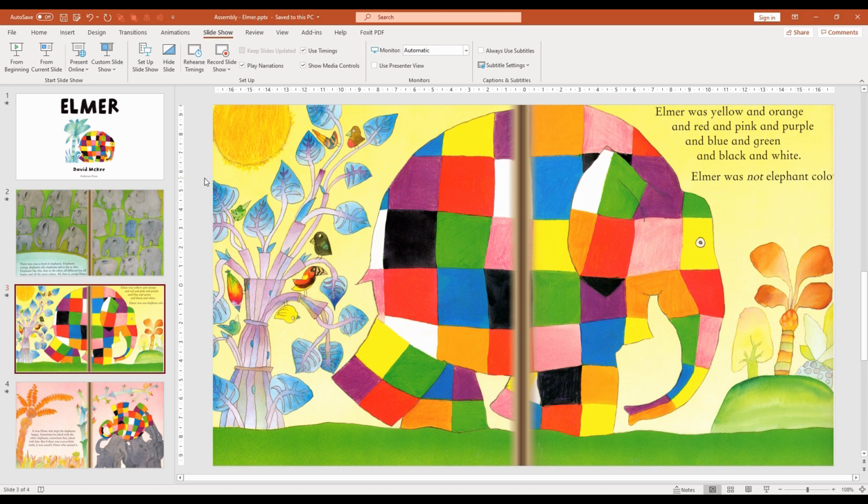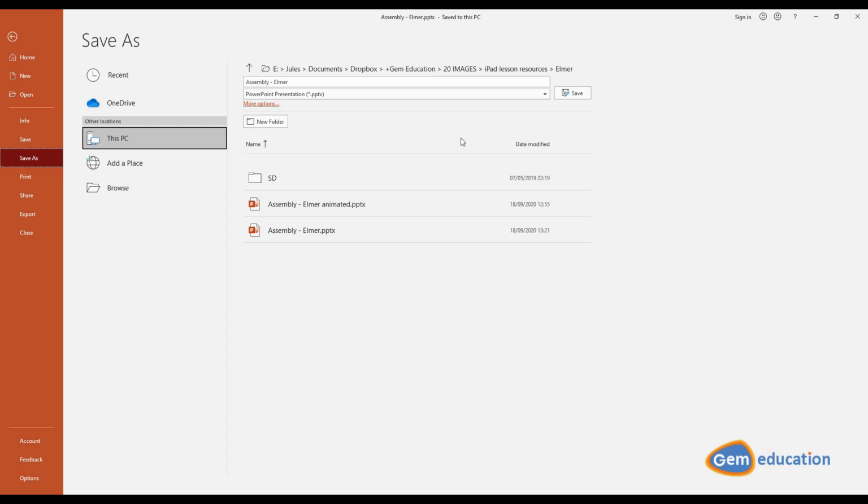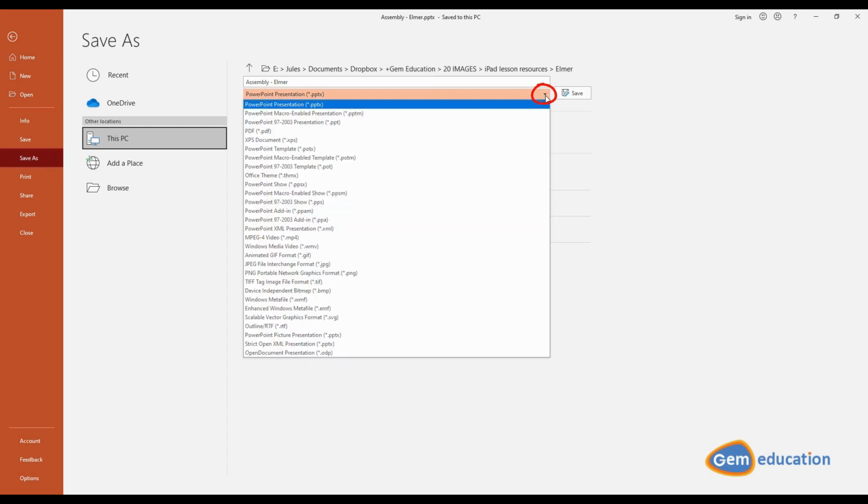We've added narration to all of our slides. We've changed the transition effect and the timings, so it will play automatically. So now we just need to save it. So I'm going to click on the floppy disk to save my presentation, and then there are some other save options. So I'm going to go to File, I'm going to go to Save As, and if I click on the drop down there,